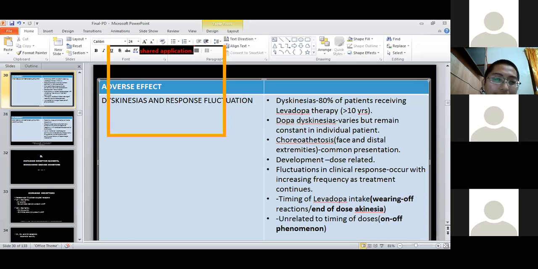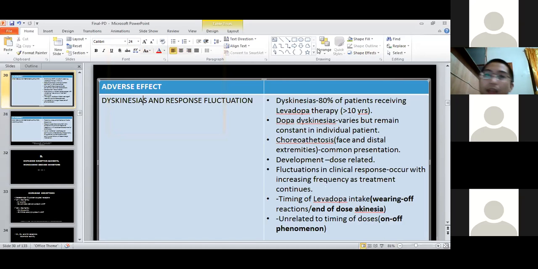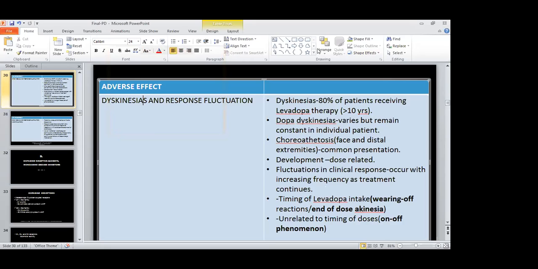Okay, you can continue with the report for now, but please answer the question I asked a while ago. What do you call that period wherein the patient takes levodopa, or the Parkinson's drug, and it seems like everything is going well and all symptoms are addressed, but after that period the drug is not working anymore because it is already wearing off? What do you call that? Okay, you continue with the report for now.